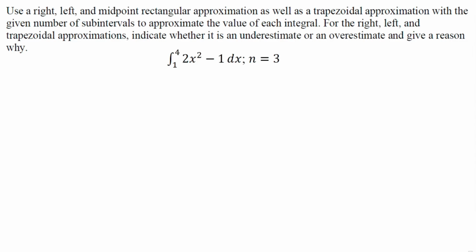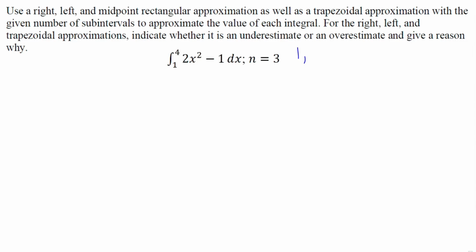In recent years, there's been a question or two about that on the AP test, so we'll do that as well. To start off with, we're going to do the left approximation. And we're going to approximate the area underneath the curve 2x squared minus 1 from 1 to 4 with 3 subintervals. And really, we're approximating the integral, not the actual area underneath the curve, because we might, for some portions of these, not for this particular one, have some sections below the x-axis. So we'll start with our left, which means we're going to use our left endpoints of our subintervals,